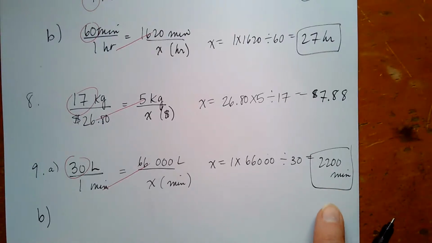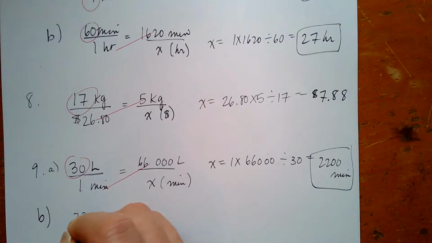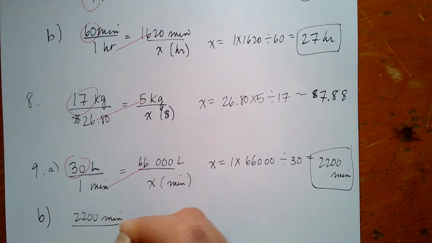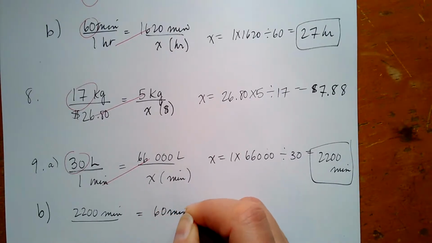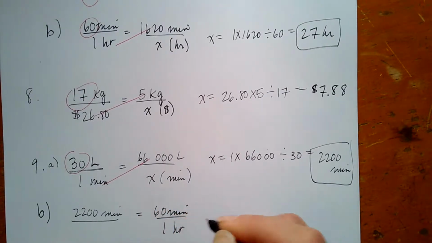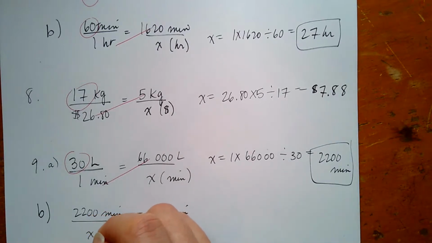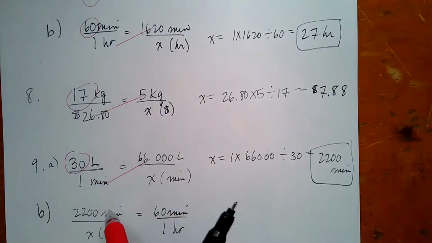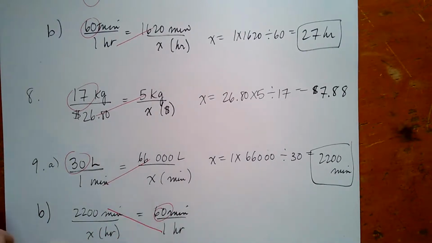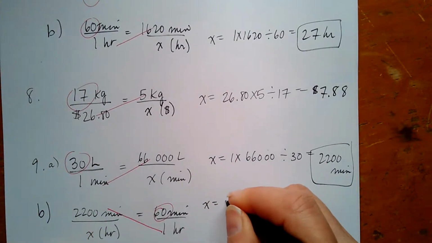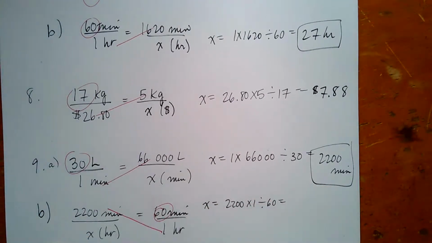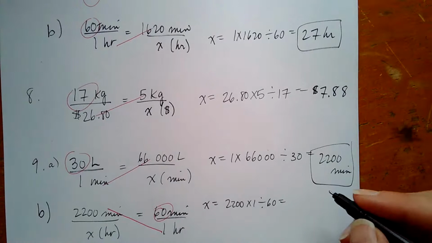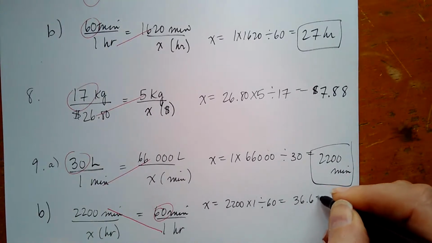If I wanted to convert that to hours, okay, maybe the quick way might be too much for us to handle. Too much for me anyway. So my conversion factor is 60 minutes, I know, equals 1 hour. So let's figure out how many hours I have first. Then I can go to days. So 2,200 times 1 divided by 60. That gives me 36.67